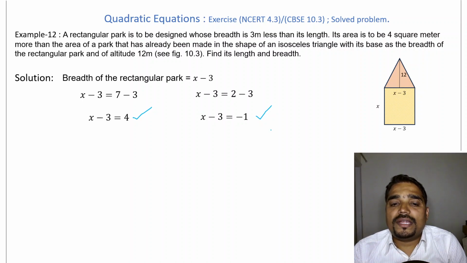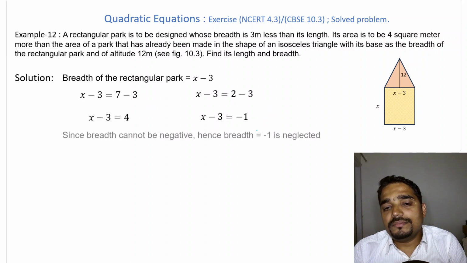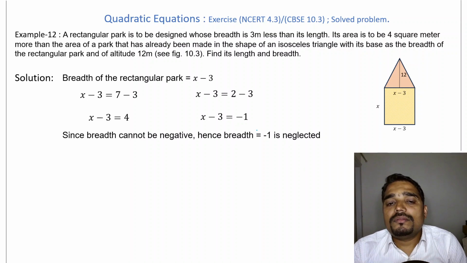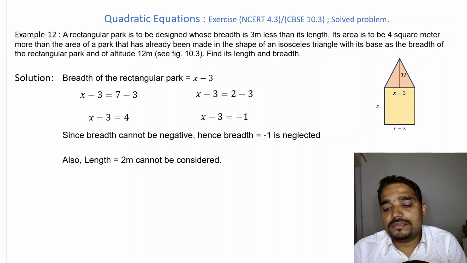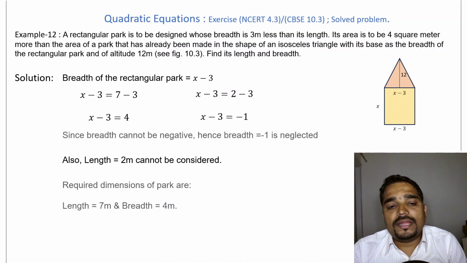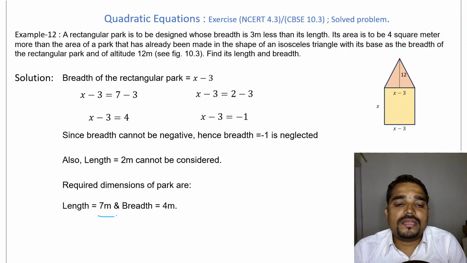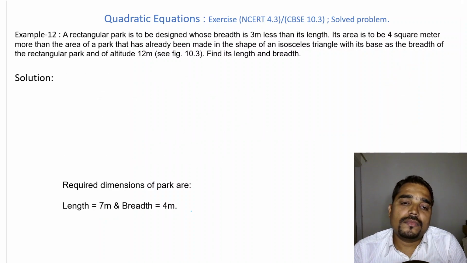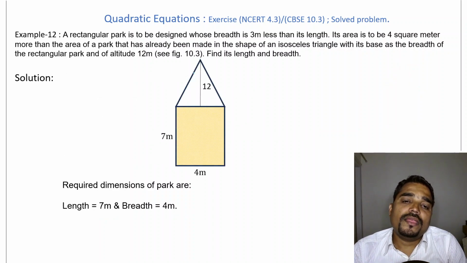Since breadth of the rectangular park cannot be negative, therefore x minus 3 equal to minus 1 cannot be considered. We are getting x minus 3 is equal to minus 1 in case if length is assumed as 2, that is, length also cannot be considered as 2 meters, which means that length of the rectangular park is equal to 7 meters and breadth of the rectangular park is equal to 4 meters. That is, if the rectangular park is designed in such a way that the length is 7 meters and breadth is 4 meters,